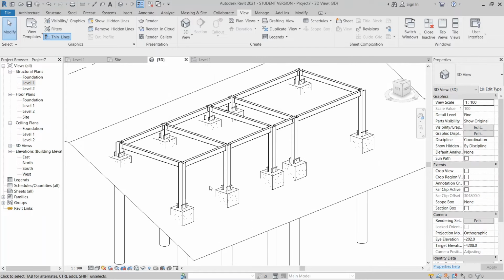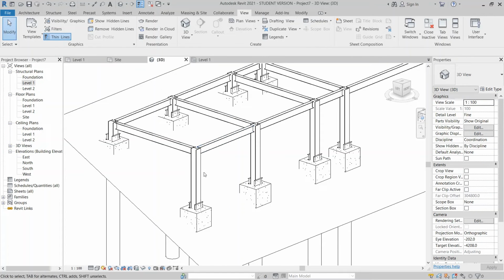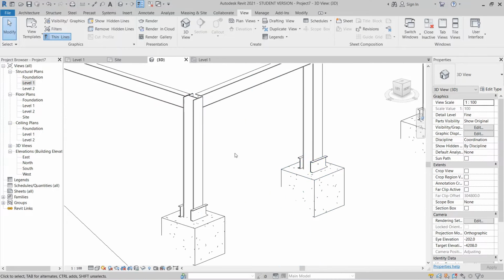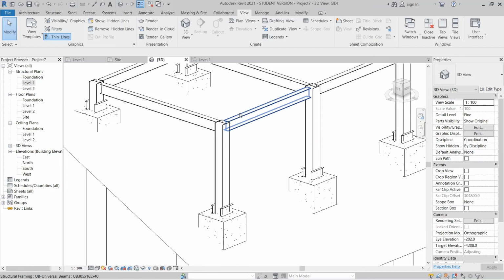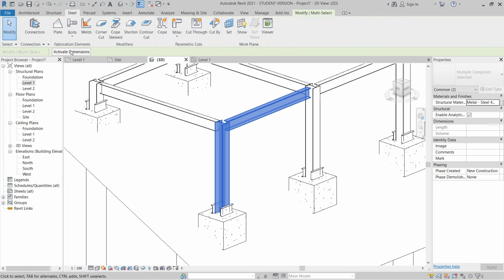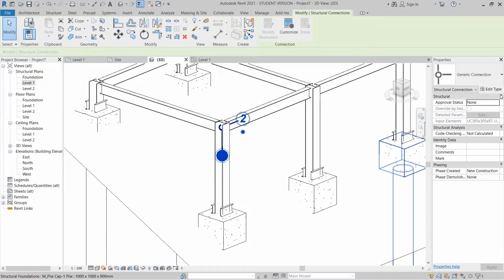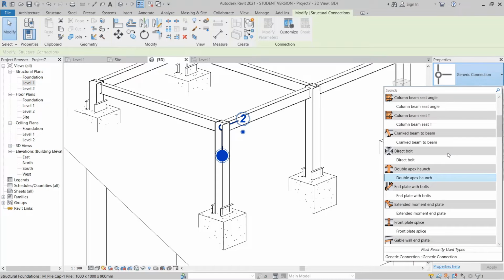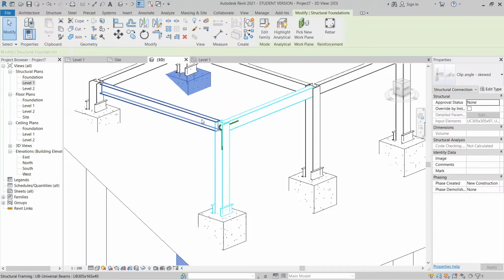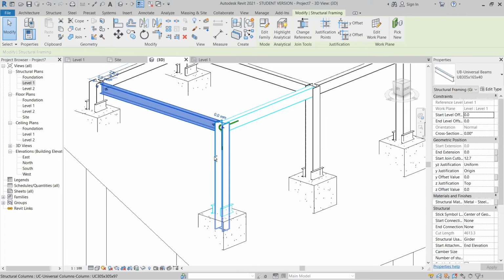I just give you a concept, so I will add here one and here, and these three as well. Then the rest you can do by yourself. You see the same method that I showed you before, just like this one and this one also. Go to steel here, connection, and drop down on my property panel. I would like to use some interesting upgrade. This one, clip angle, and I want to select this one until here,